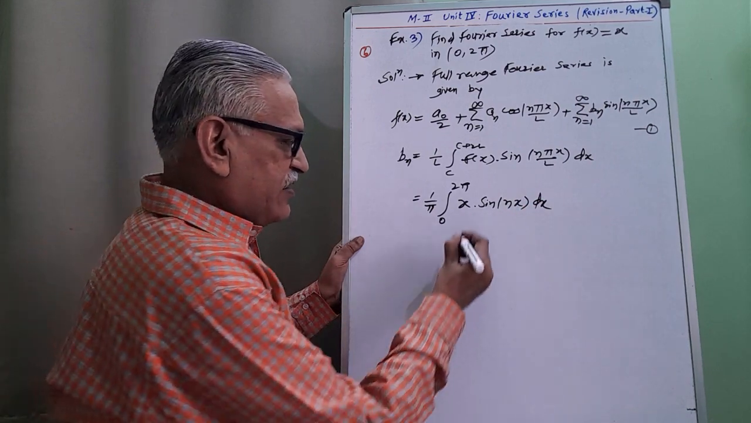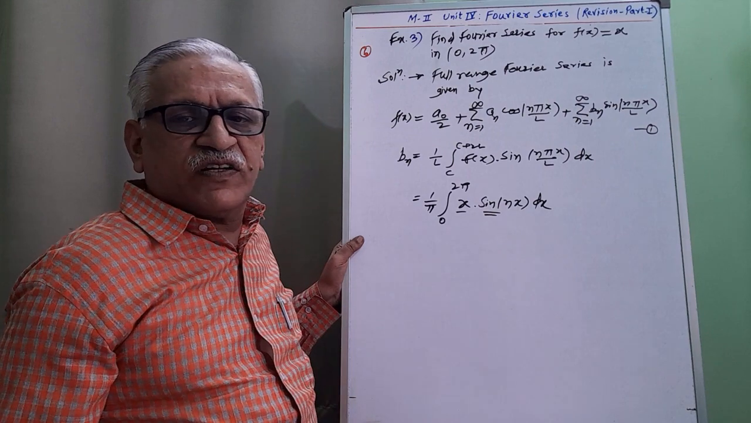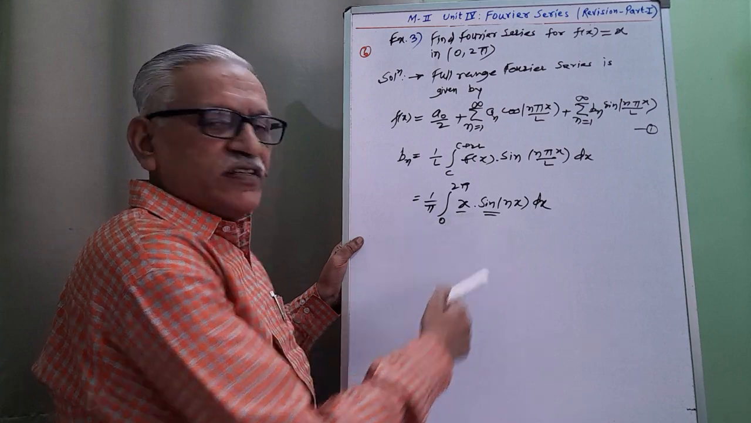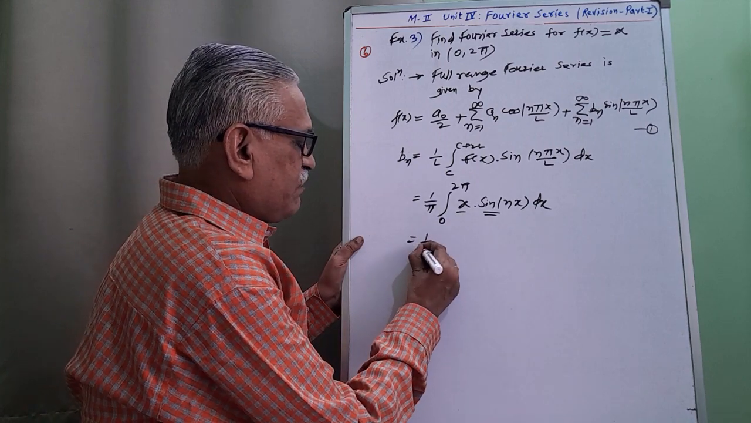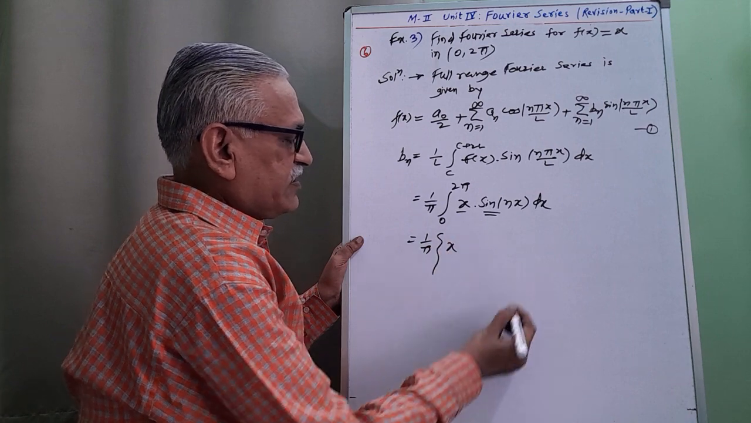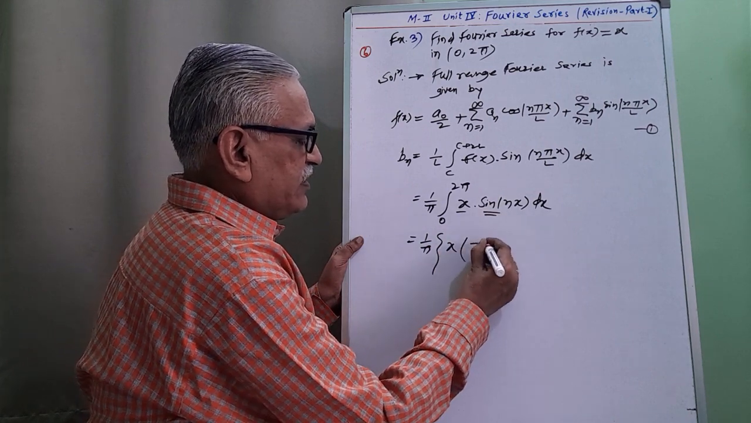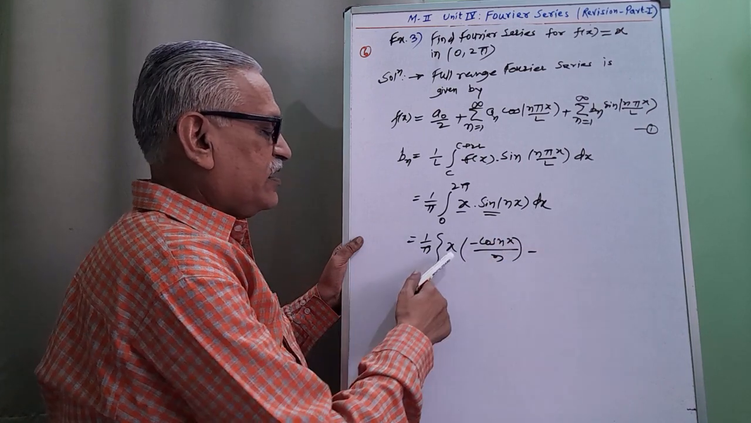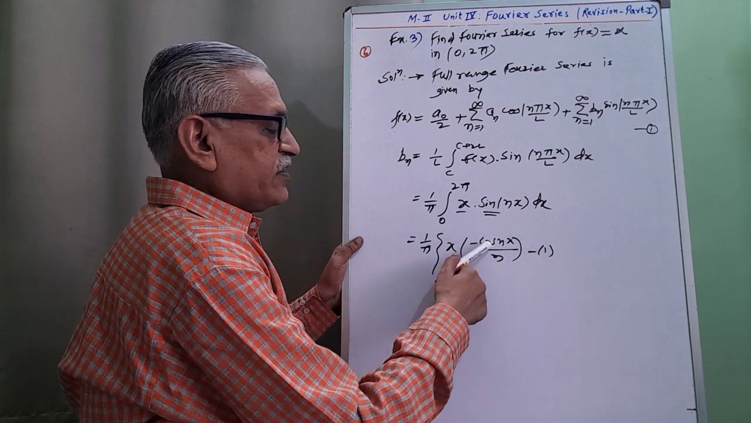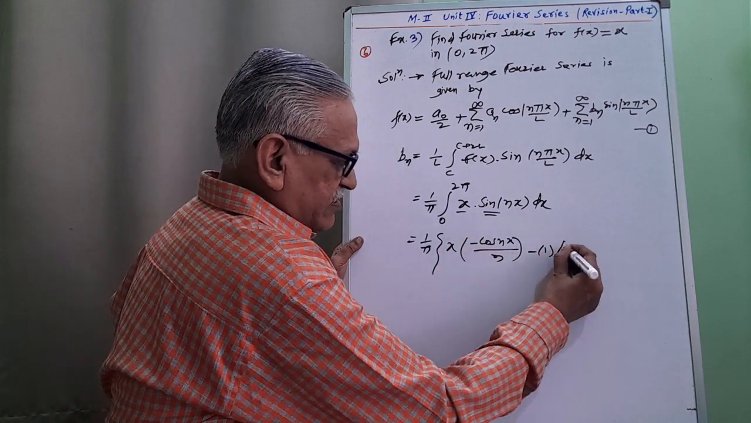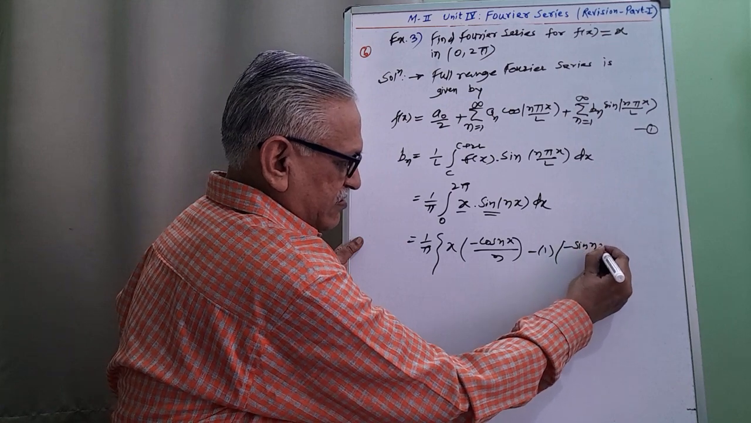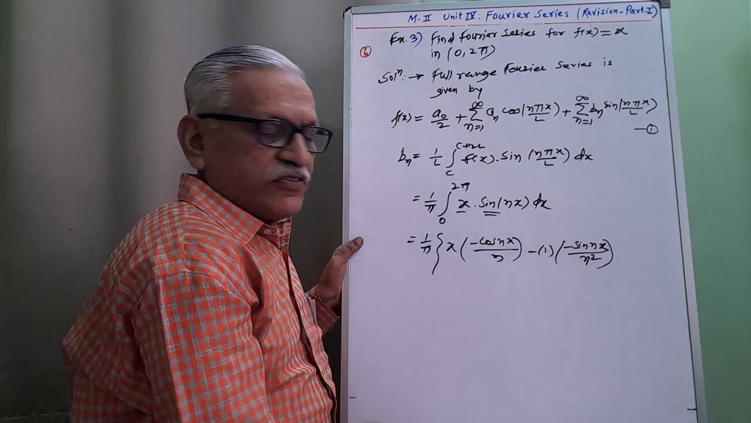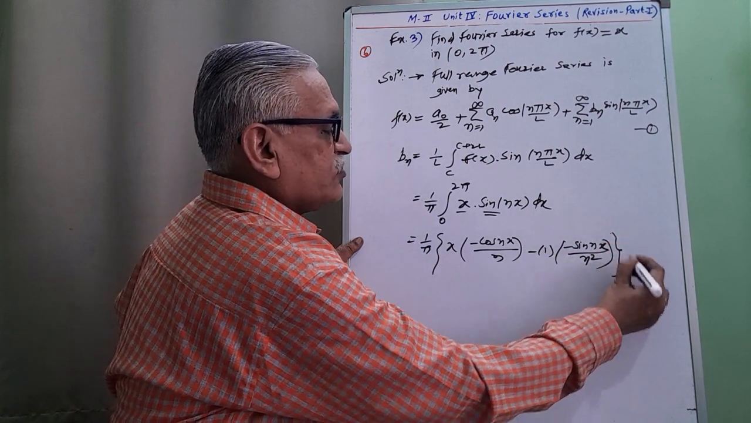Integrating it by generalized parts, as it is a product of two terms. First one is x and second term is sin nx. As this one is algebraic, second one is trigonometric. And therefore 1 by pi, first term x, integration of sin is minus cos nx by n, then minus derivative of x 1, integration of sin with this minus sign, therefore minus sin nx by n square, next term 0, next derivative 0 we stop here, and limits from 0 to 2 pi,